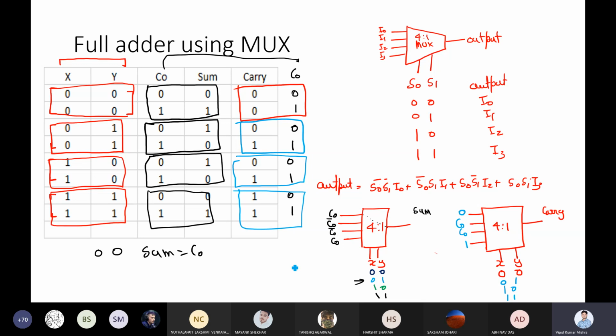So suppose you have 2 outputs and 3 inputs. What will be required? You will require only two 4 to 1 muxes. Now any kind of circuit which has 2 outputs and 3 inputs you can make. If you have 3 inputs and 1 output, you require only 1 mux. One 4 to 1 mux is good enough to make that design, irrespective of the output value. Got it? So this is the MSI based design.